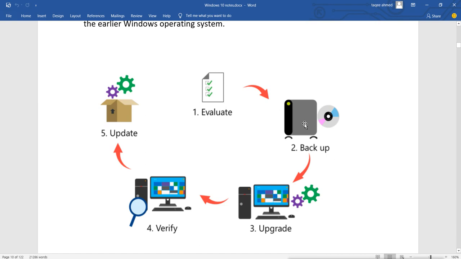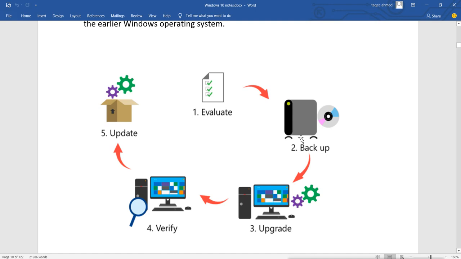This is very important. If something goes wrong and you have to remove everything and do a fresh installation, you remove all your data also. So before going for the process, you must take a backup of your important data.